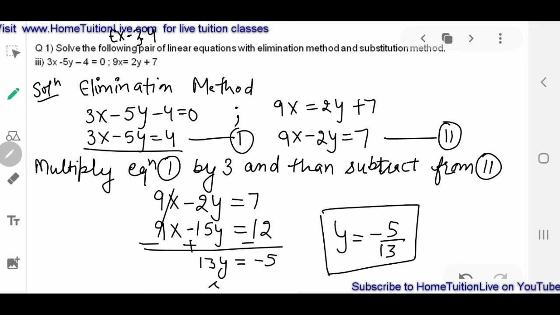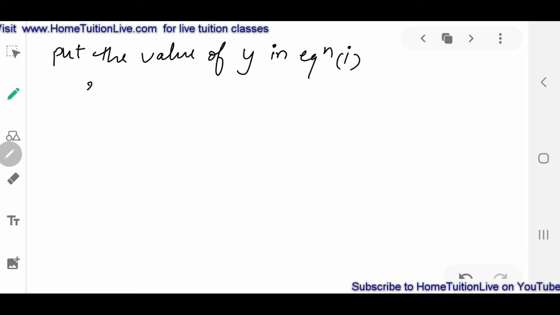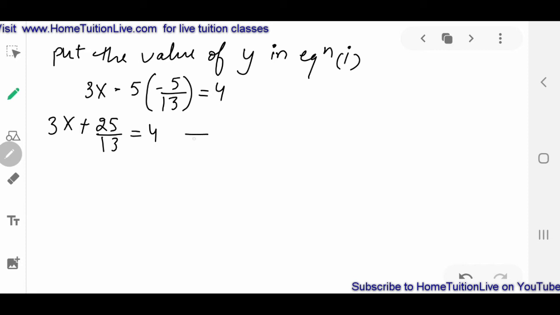Now put the value of y in the first equation or the second. Put the value of y in equation 1. That is 3x minus 5 into minus 5 by 13 equals 4. So 3x plus 25 upon 13 equals 4. So now this is 3x equals 4 minus